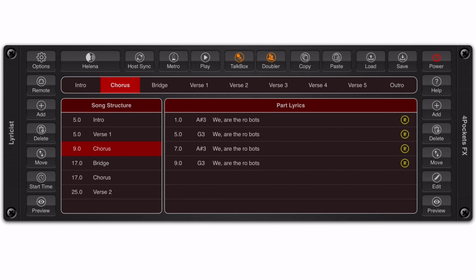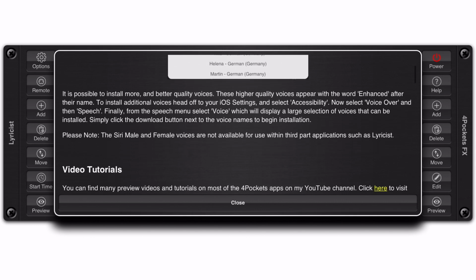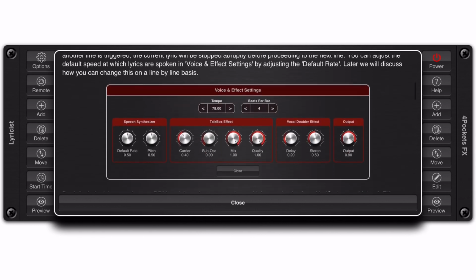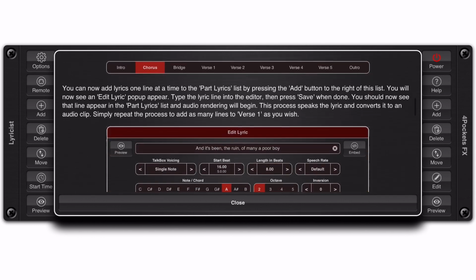So I think that just about sums up the preview for Lyricist. Now we do have a help file here which covers most of the topics that we've just talked about, but for now nothing left but to say